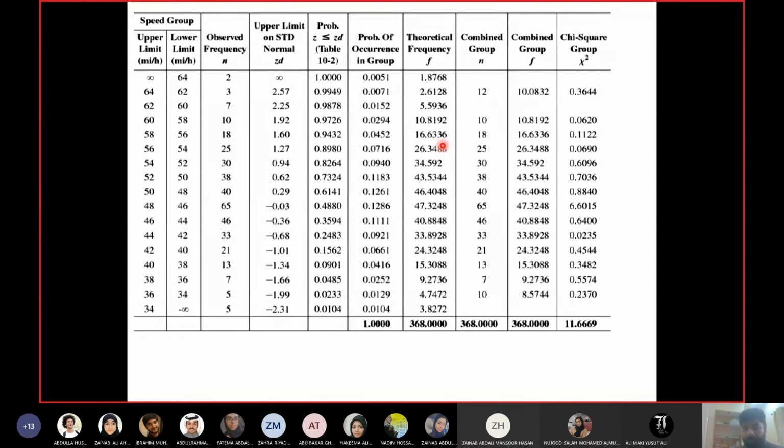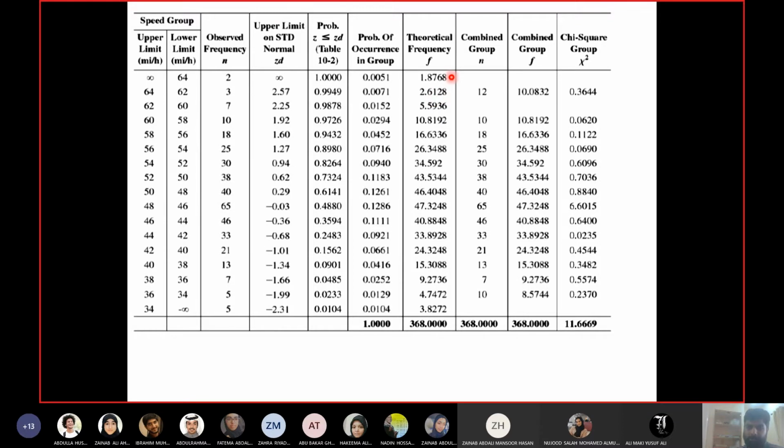Now if you look at this column, I have 4 values which are less than 5: the first two groups and the last two groups. All of them are less than 5, so I should merge them together. I should take one group at a time and merge it with the next one to see if the resulting value is 5 or more. Even if you get to 5, it is enough.